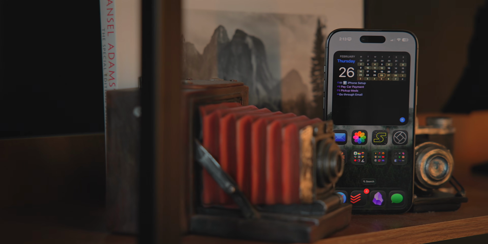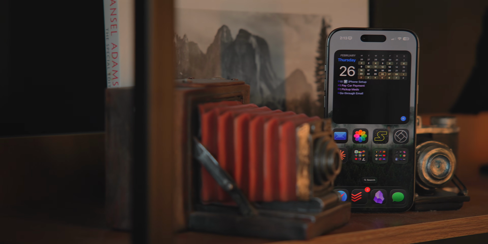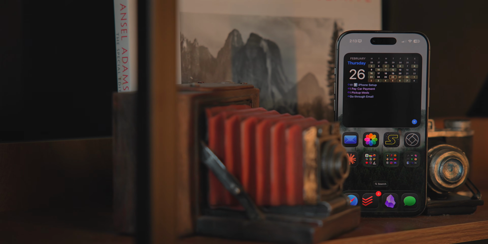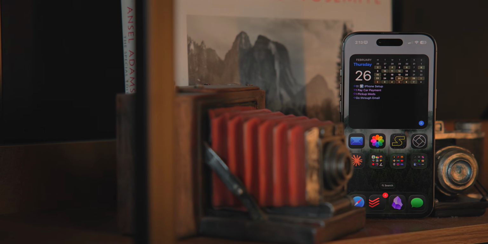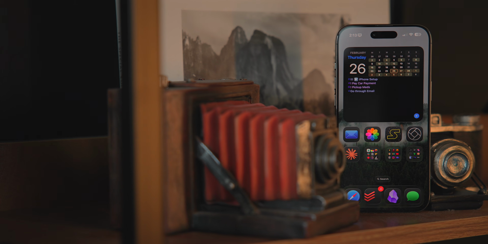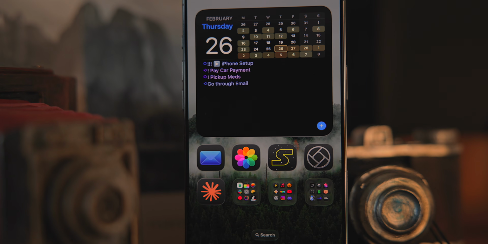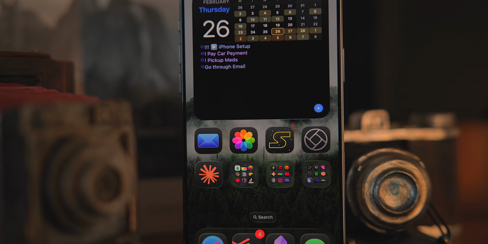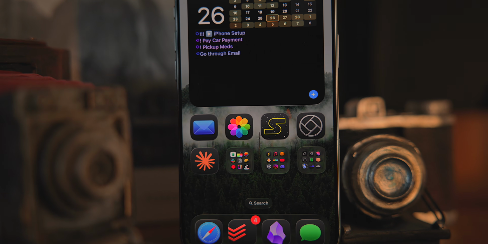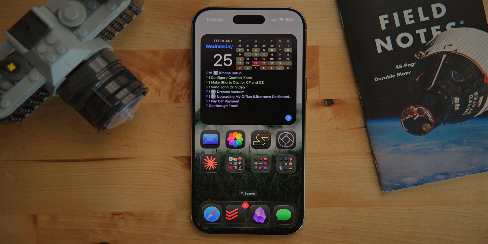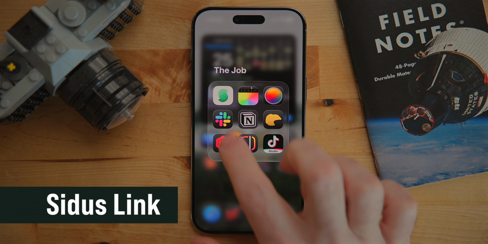So there are 3 folders on my home screen, and these are the second tier of apps. I talked about the primary tier, all the ones that are outside of the folder. These are the secondary tier. These are the apps that I want to be able to quickly access, but I don't use as much as the other ones. The first folder is Apps for the Job, and the first app in this folder is the